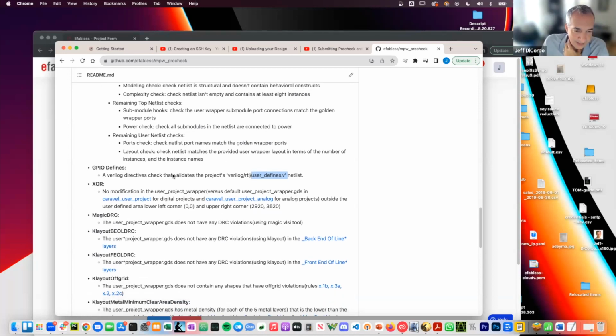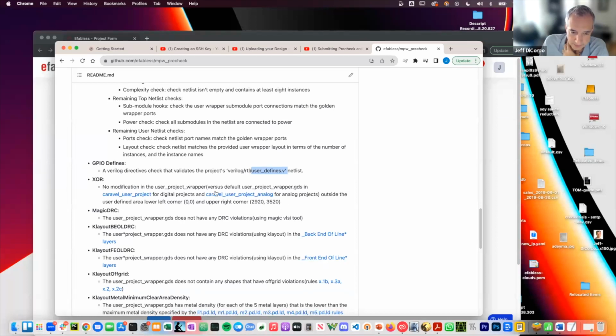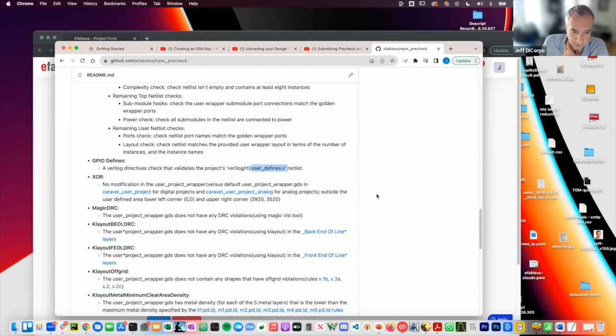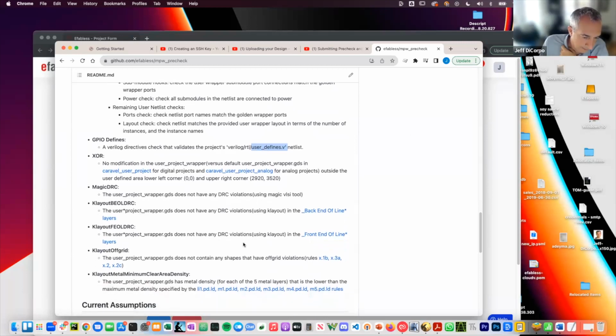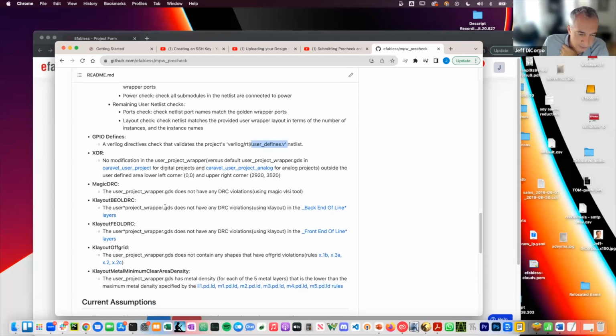There is an XOR check. This XOR check will do a boundary check of your project to ensure that you've integrated to all the right pins and ports. If you're using an OpenLane flow, you almost never would have an issue relative to XOR. It's very rare. But if you're using another flow or doing something else, and you have something misaligned on the boundary, then this check will identify the error there. And then there are some basic DRC checks, including off-grid geometries